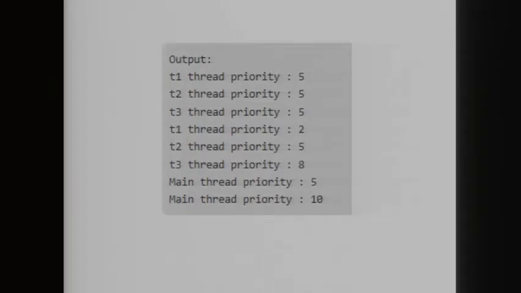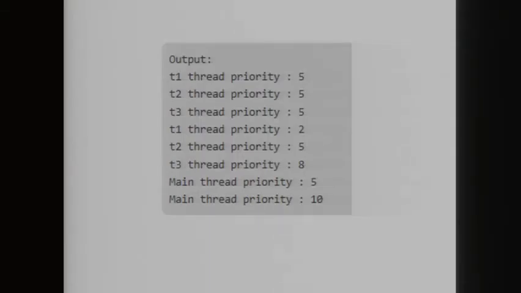So when we have 4, 6 and 1, suppose this is set for T1, T2, T3, which is the maximum priority? This. And after that T1 will execute and then T3, because T1's priority is set to 4 and T3's priority is set to 1.